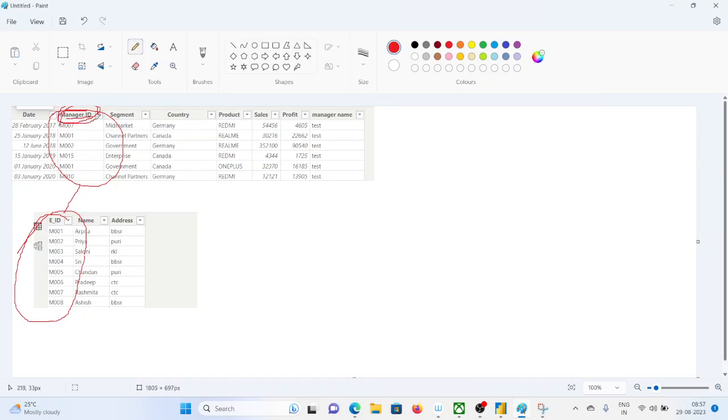When we were teaching you primary key and foreign key concepts, I have already told you if the data is the same and the data type is the same, then it really doesn't matter if the column name is different. So if I want to establish a relationship, or connect these two tables by a primary key and foreign key, tell me guys, which has to be my primary key and which has to be my foreign key. This is, let's say, the managers table. This is the sales table. So tell me guys,